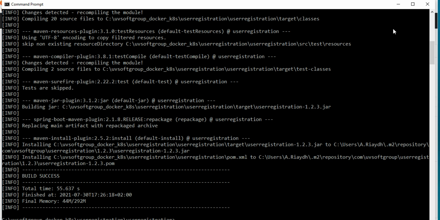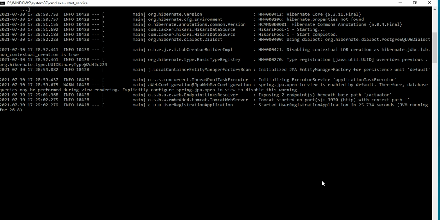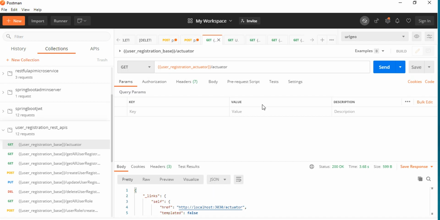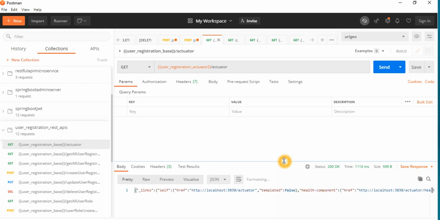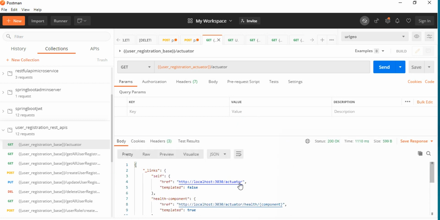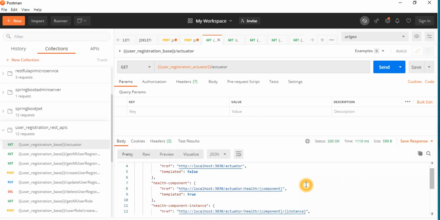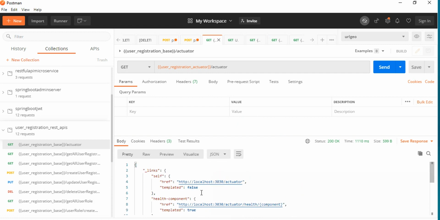So this is our build functions. The application is running on 3030, as we expected, and now we can check the actuator information. The application is localhost because we are on localhost. If you are installing the application on other machines, then you have a machine IP address and the port number we are looking for. So you can check the health check of the application, I mean the health,